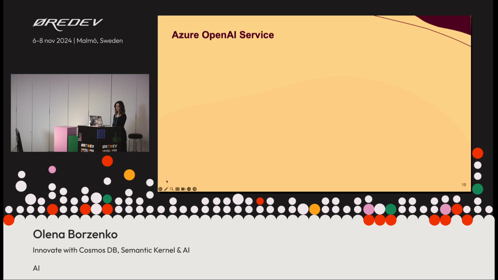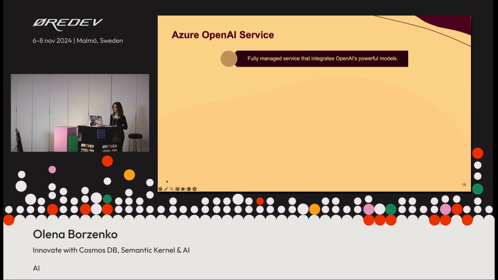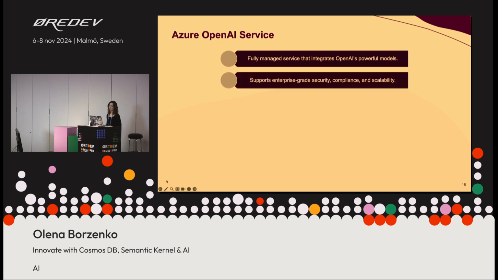Azure OpenAI Service. It provides REST API access to OpenAI's powerful language models. There are tons of them we can use for different purposes. I'll quickly go through some key points for this service. It's a fully managed service that integrates OpenAI's powerful models. It supports enterprise-grade security, compliance, and scalability, of course.